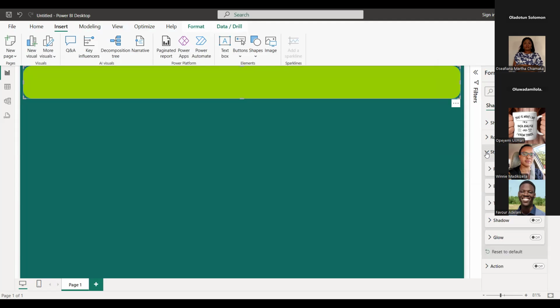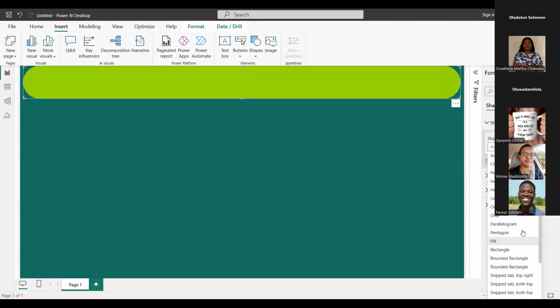Now, you can also make some changes to your shape. Look at the edge of this shape. You see, it is rounded. This is a rounded rectangle. You can come here and change the shape type. Say I want it to be like this. Change it to a pill. Say I want to change it to a solid rectangle.